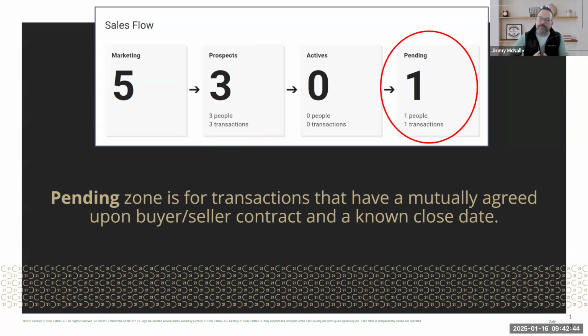Okay. And I'm definitely going to follow up with somebody who is not even interested in doing anything with me, who's in marketing, that I still want to stay top of mind, but I'm not going to follow up with them weekly like I am somebody who is an active seller, active buyer, right? So the plan, what we're going to go through here in just a second, is taking a look at